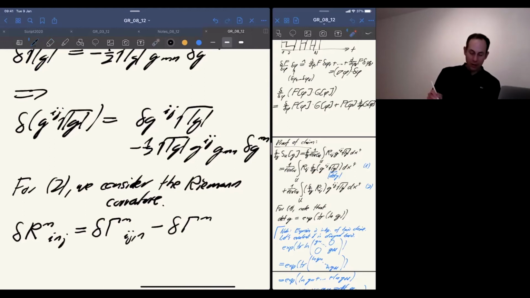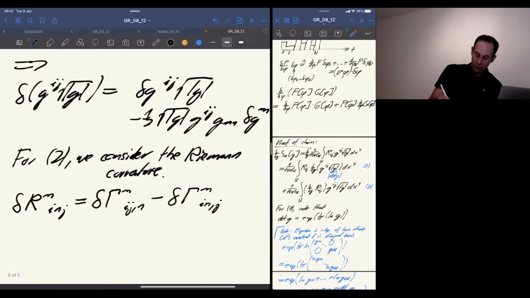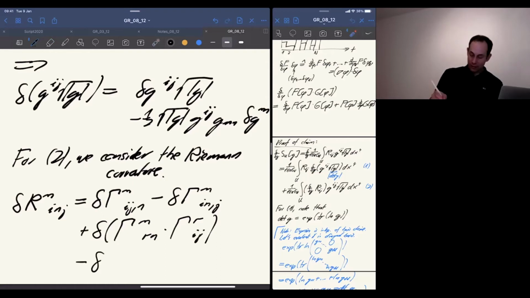So the Riemann curvature consists of a sum of things, and one thing is the one I've already written down. A second one is this that I just wrote. Then there are a few more terms. There is also a term which consists of a product of gamma symbols, namely here, let's say gamma m Rn times gamma Rij. Okay, then I have one more with a negative sign, and I need to take the variation of all